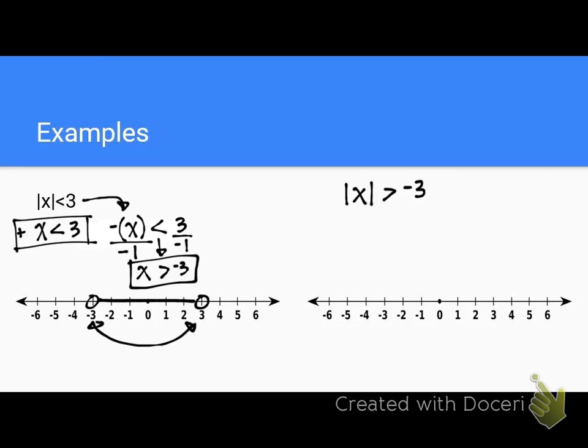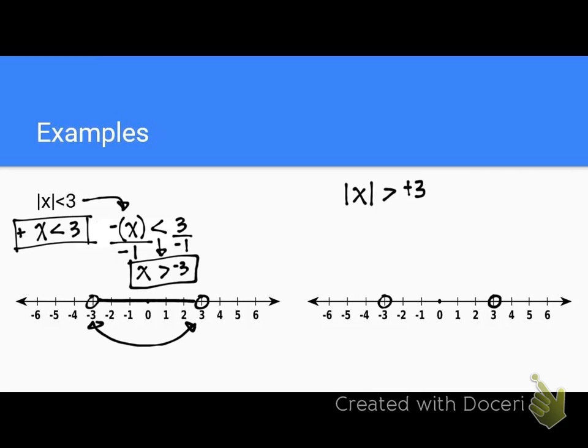Okay, so on the second one, it actually should be positive 3. Absolute value of x is greater than 3. You could practice that. You'll notice, though, as your solution, I won't work this all out, but you're going to have a similar solution where you have 3 and negative 3